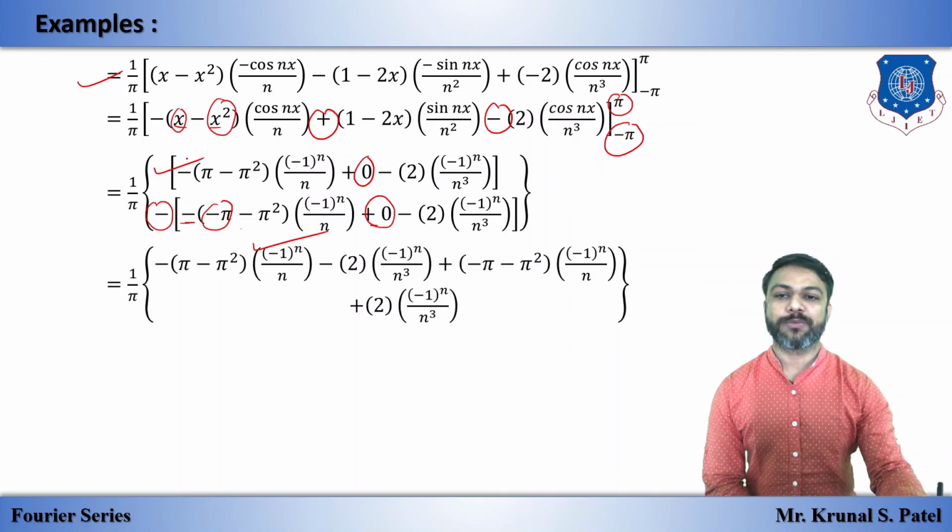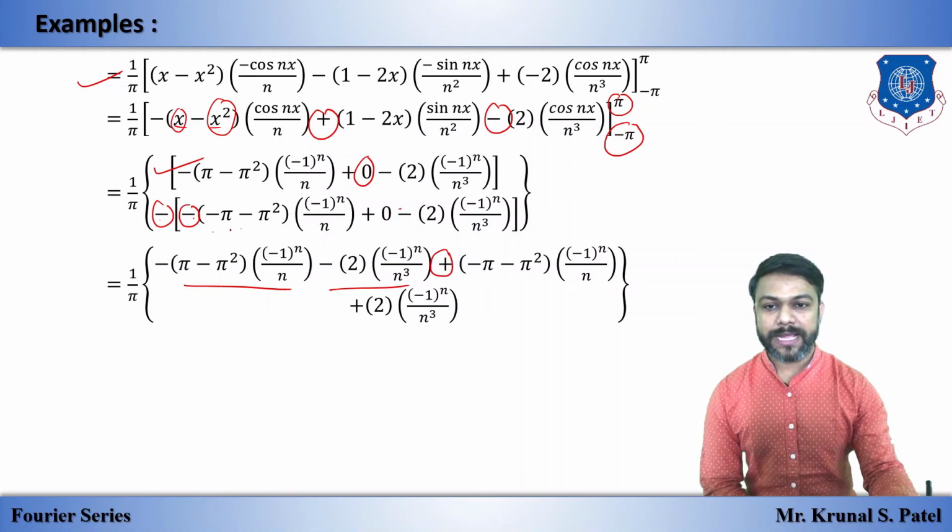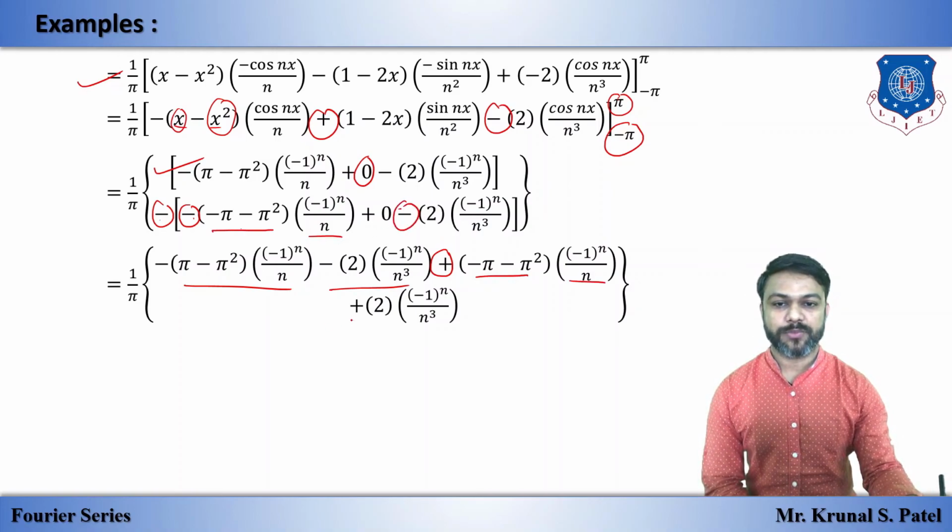Now by expanding this box, the first term as it is, the second term as it is, and after opening this box bracket, this minus minus becomes plus, and this bracket is as it is, and this bracket is also as it is. Again this minus comes with this term, so minus minus plus, because we are opening the box bracket, so the minus outside applies to each and every term. This is one term, so apply only outside this term here, and this is the second term, so apply here.